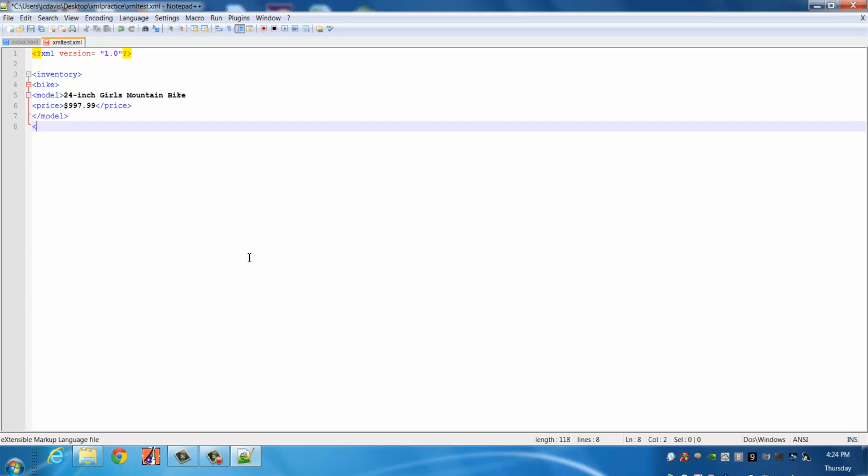Let's put in another model. Okay, and we'll call this one the 24-inch boys cruiser bike. Alright,